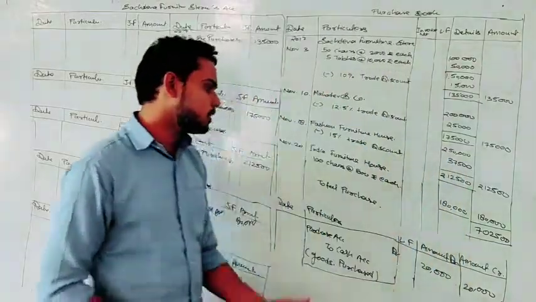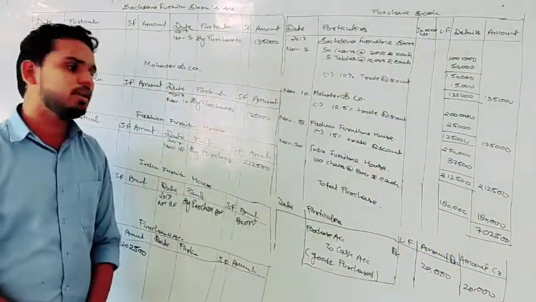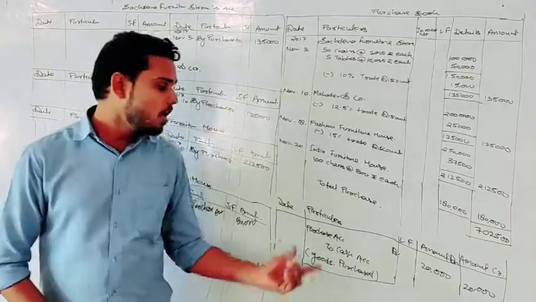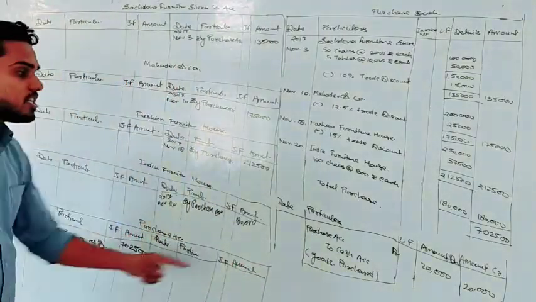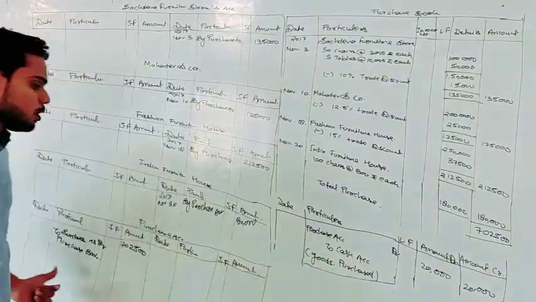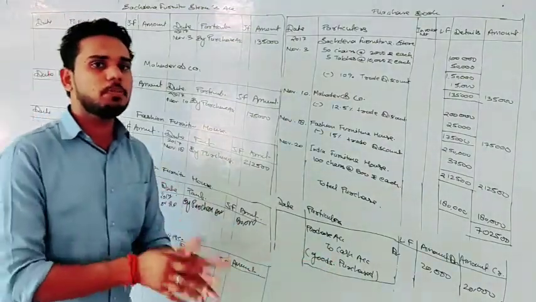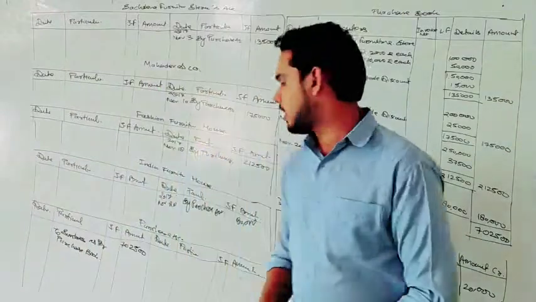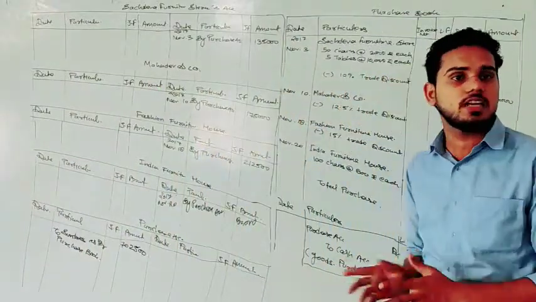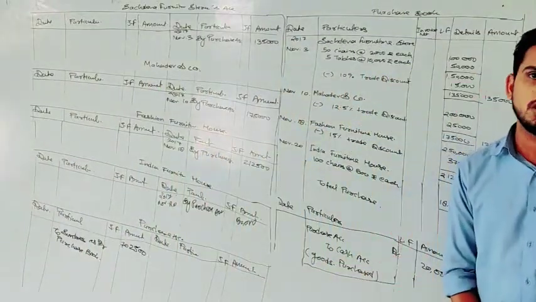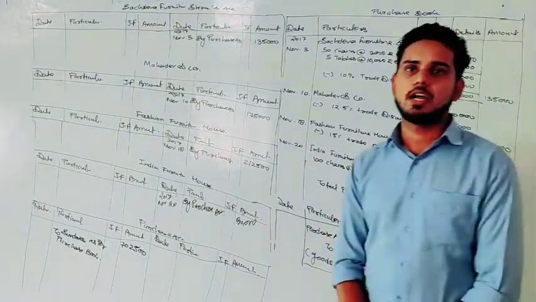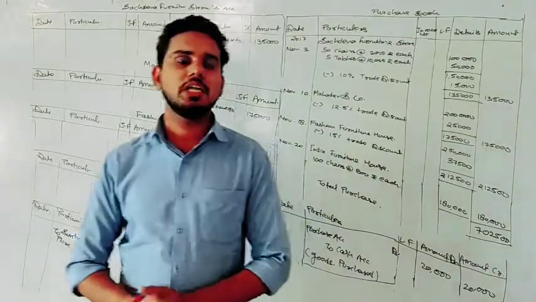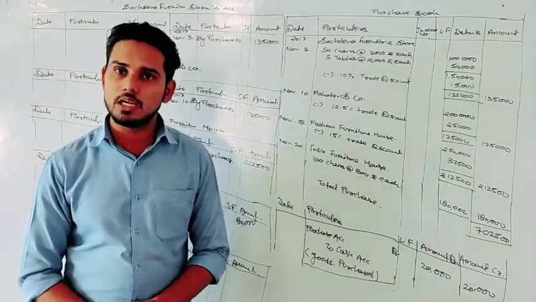If you want to make the posting from the journal also, that is simple. We have discussed in last class. Purchase account is debit, so we can write on the debit side of purchase account the name of the opposite side, the cash account. We can prepare a cash account also, and as cash account is credit in our journal entry, on the credit side of cash account we can write "By purchase account". So I hope posting related to subsidiary book is clear to you.